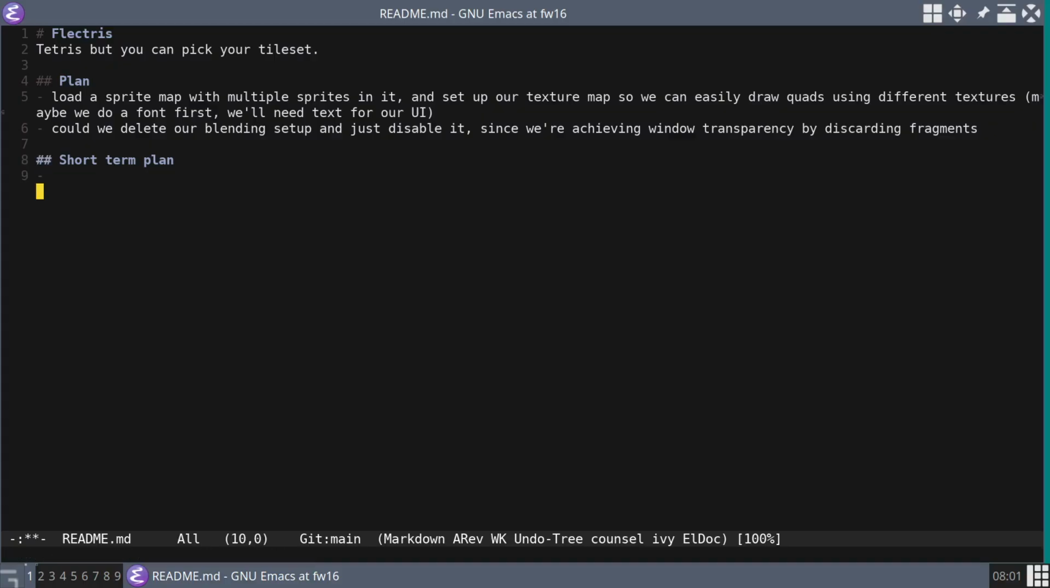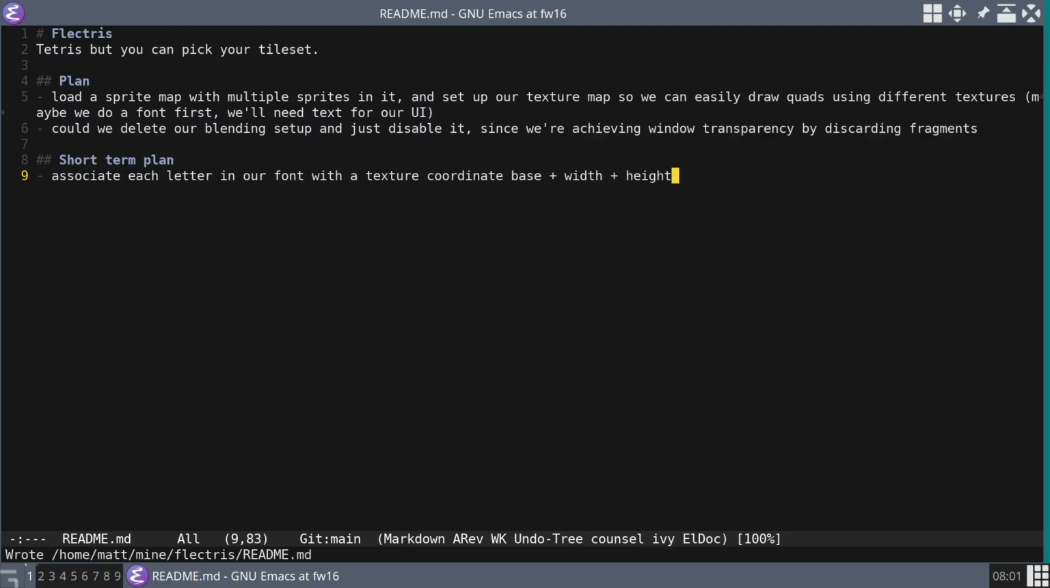So, we will want some code to associate each letter in our font with a texture coordinate: base plus width plus height, because currently it's trivial. Currently they all are 8 and 16, but I think we should plan ahead, because that's not going to be the case past this simple example. Once we've done that,